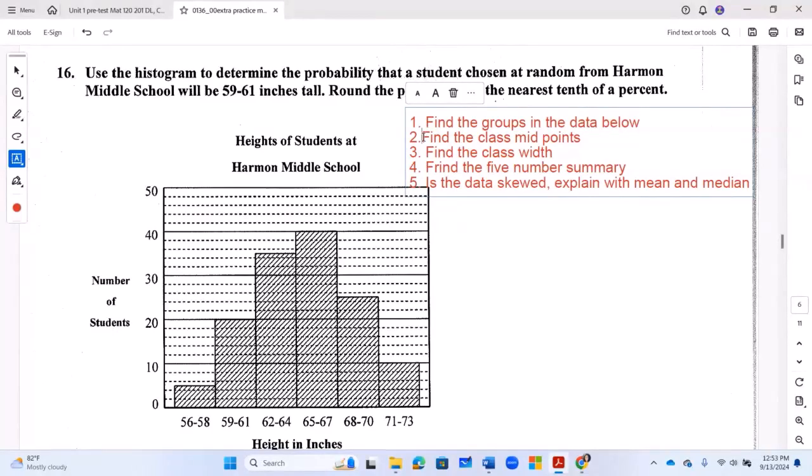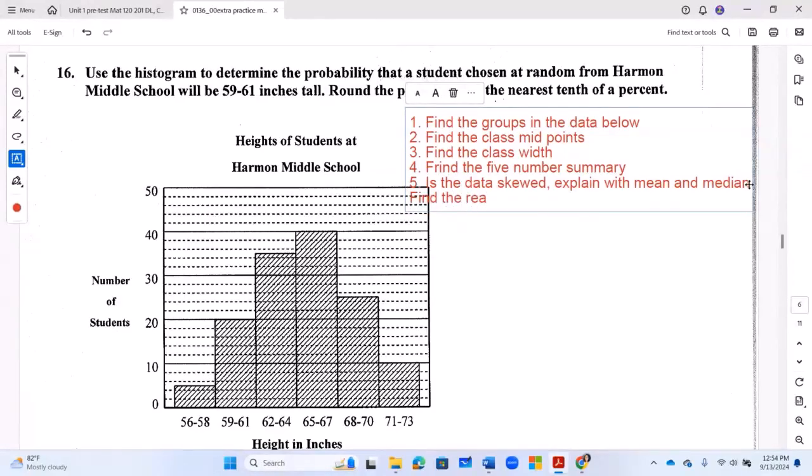If anybody has an understanding of chapter 1, a person can do all these things. Is it skewed? If it is skewed, explain with mean and median. And if I have any other question, I can ask. We did not get, I didn't ask for relative frequency. Let me put that in. We're going to exhaust all the